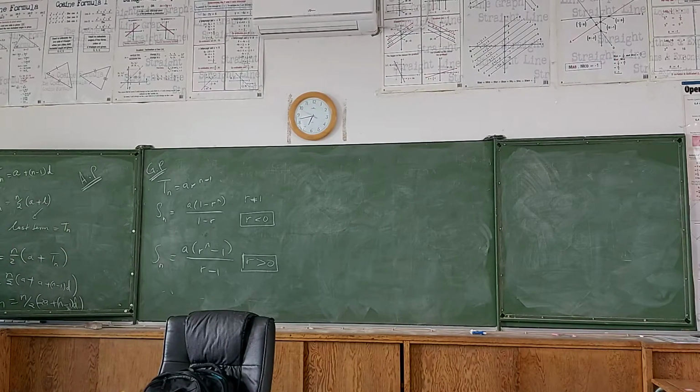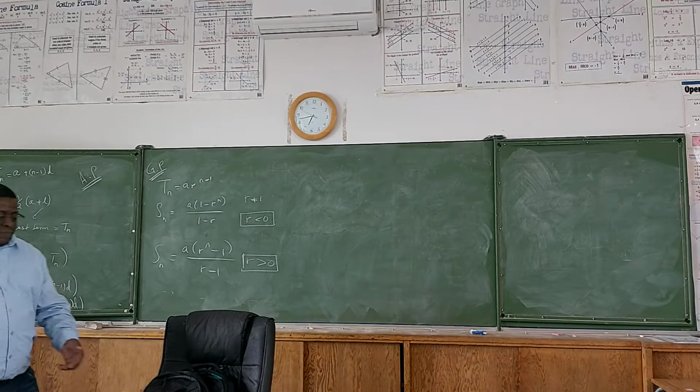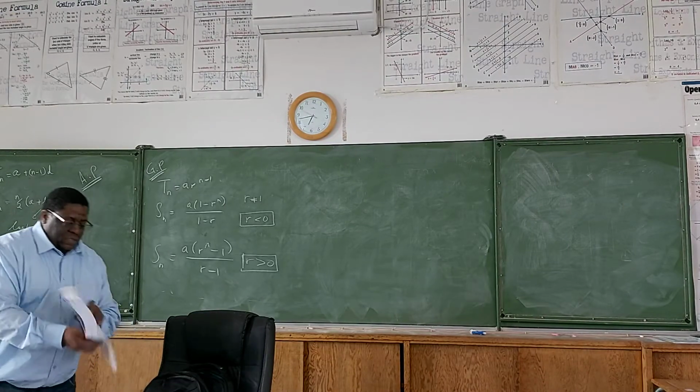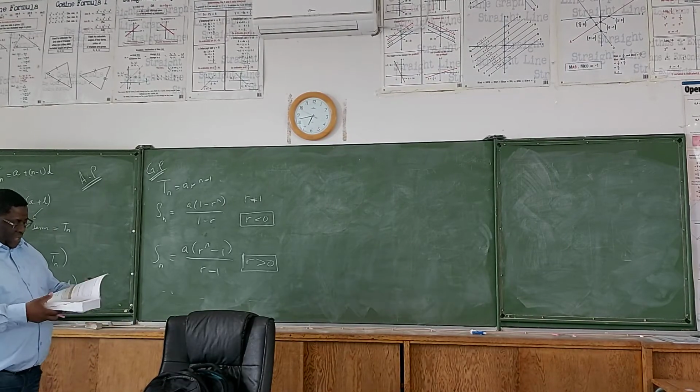Right, so this is the formula to find the sum when you are given a sequence. For example, the very first one, a very simple one. If the question says find the sum of the first 30 terms,